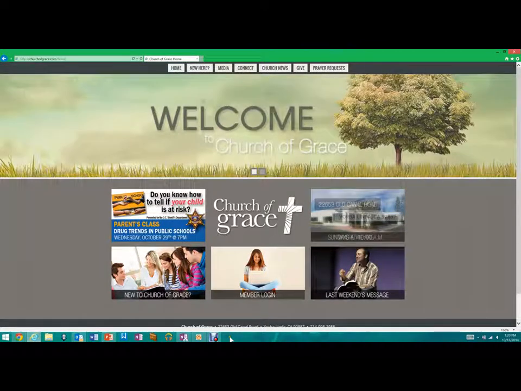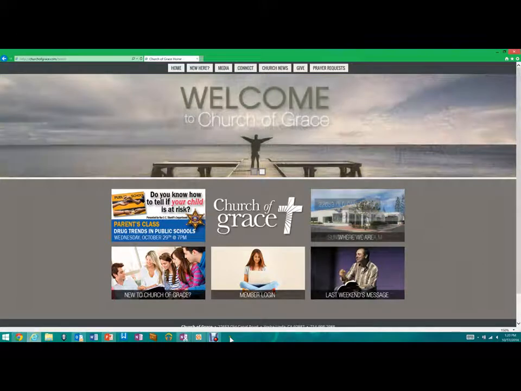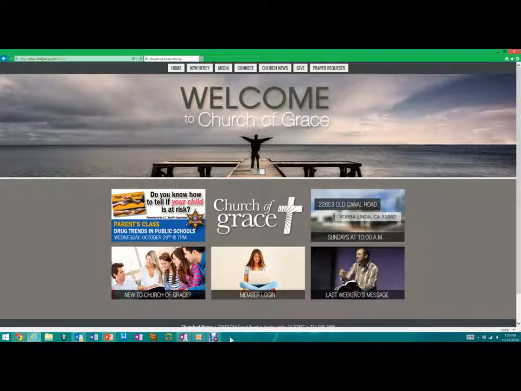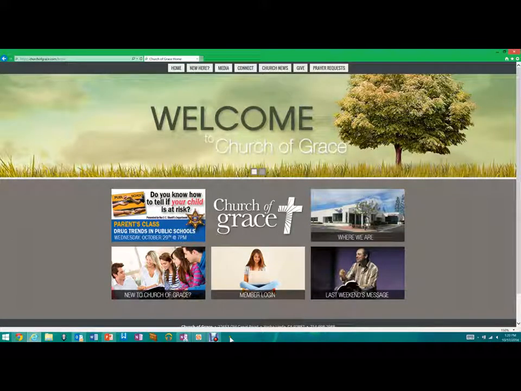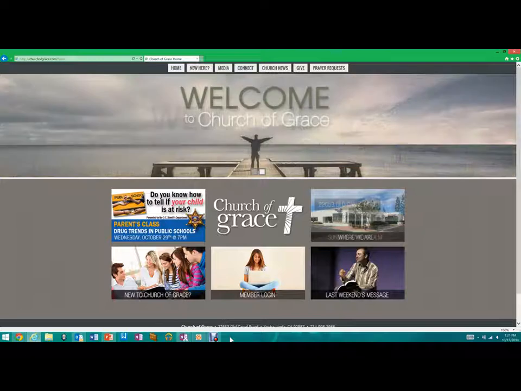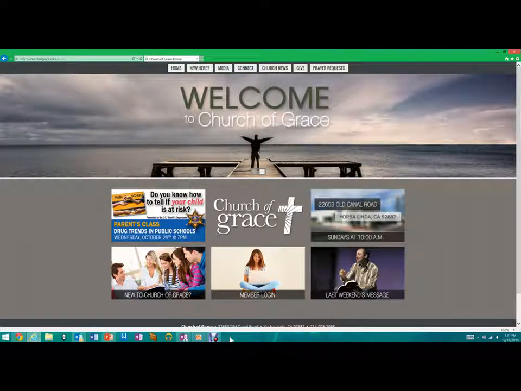You will also be able to have an option of being part of the church directory. Now, the church directory is a special feature that is for people who are regularly part of Church of Grace with their attendance or membership status. The church directory gives you the ability to select what items you may want or not want to display in that directory. It is also completely private. The church directory is not open to the public or to the World Wide Web. It is only open to those who are part of Church of Grace and have selected to participate in the